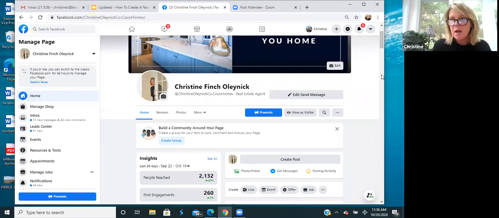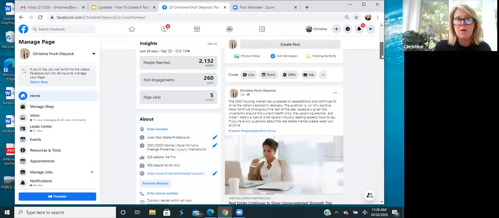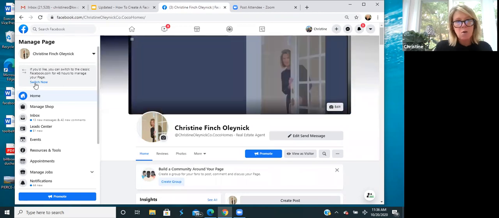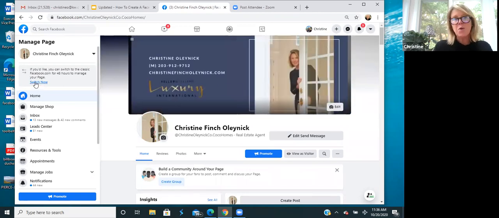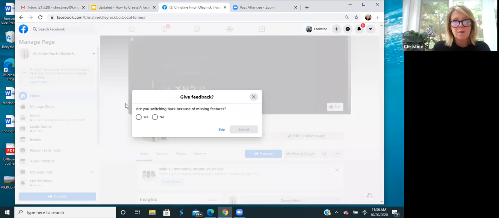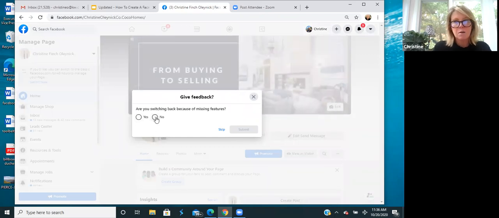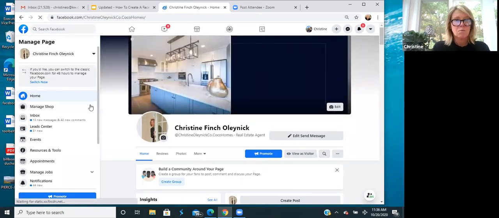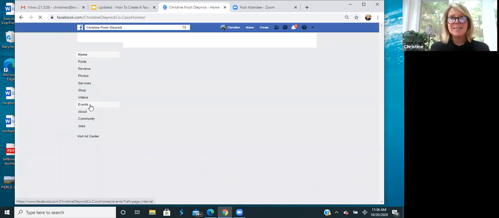I'm going to click on that now so people can see what the other version looks like. So I'm going to switch now, and this will help anybody who has that older version. Okay, this is the old version.